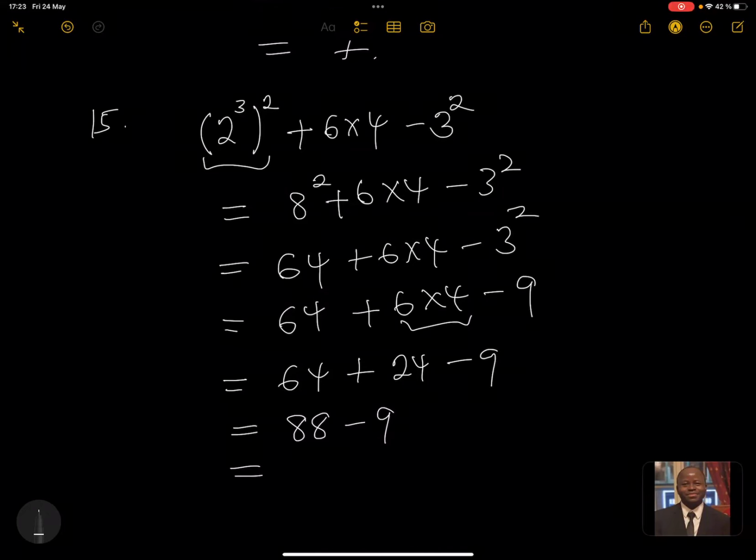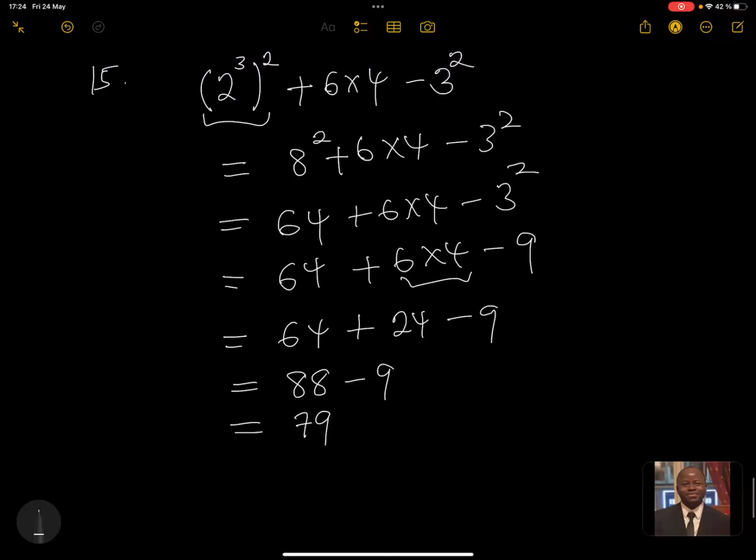So the addition of 64 and 24 will give you 88. Then you now deal with subtraction. So when you subtract 9 from 88, you get what? 79. All right? I want to believe the answer is there. Is it okay, everybody? Perfect. Yes, sir, it's okay. So we can now move on to the next problem, which is